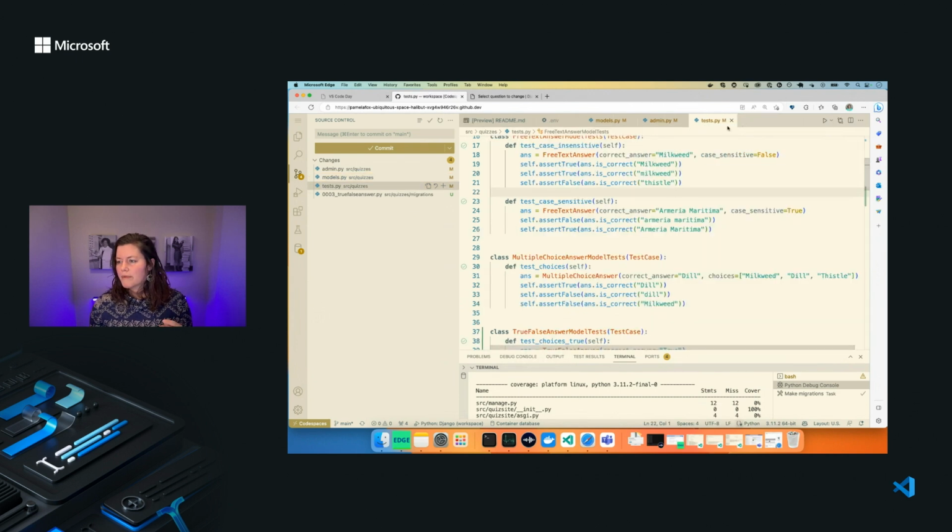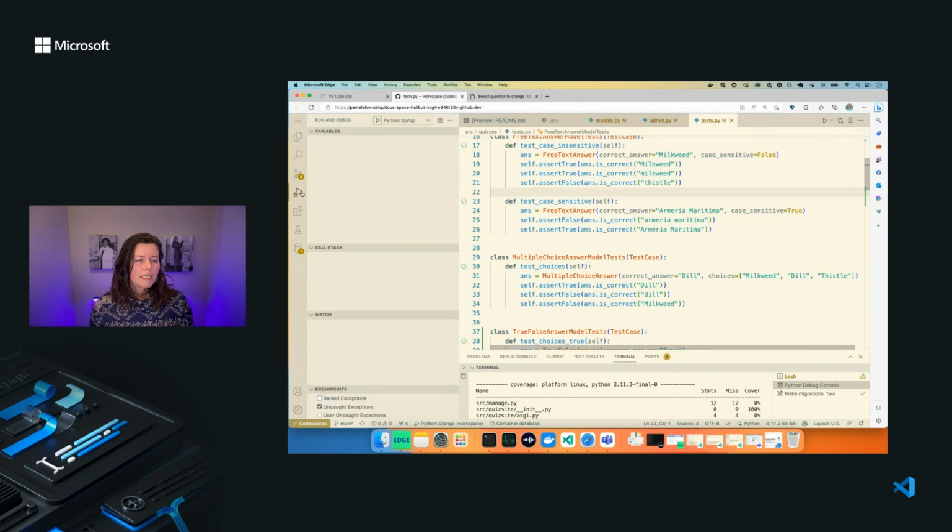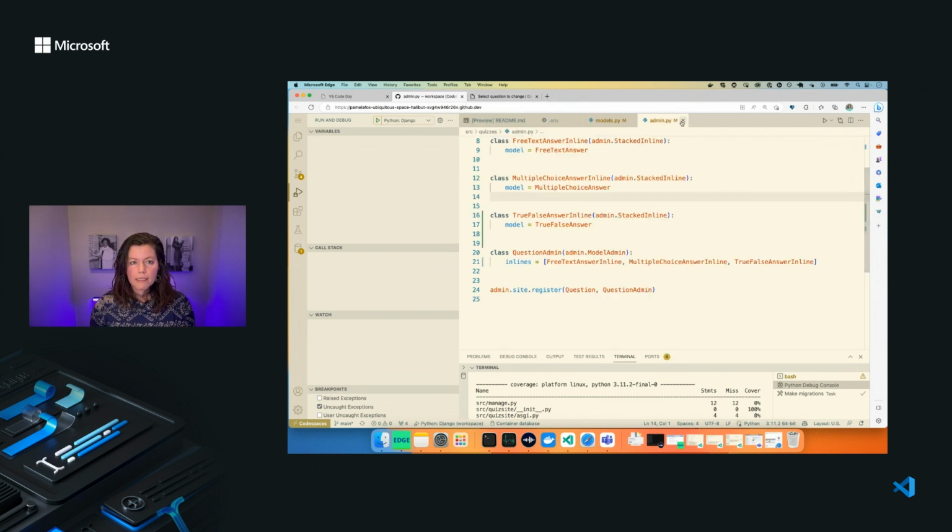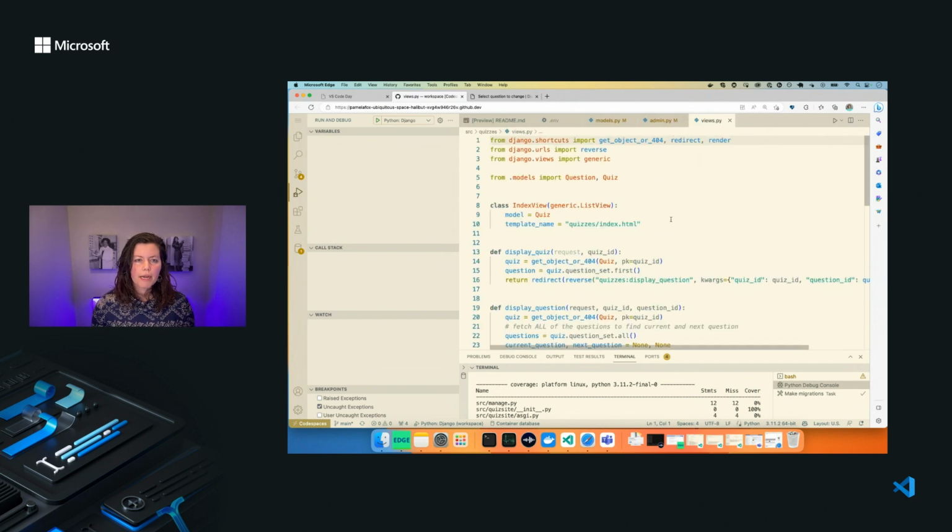All right, the next thing I want to show is debugging. So using that Run and Debug, the reason that I'm using this Run and Debug is because I want to actually be able to use breakpoint debugging. So let's try that out. If we go into our views.py, okay,